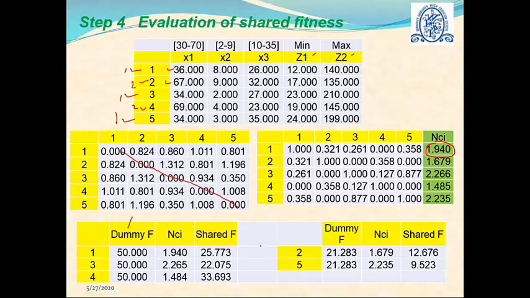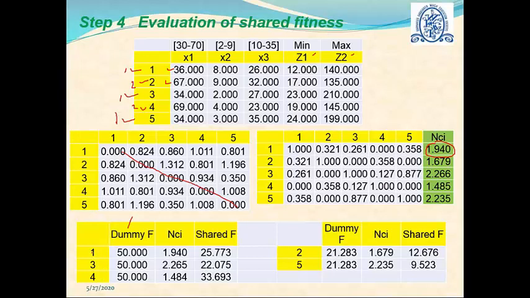Please note that we consider 1, 3, 4 as the rank 1 solutions. Rank 1 solutions means that all the solutions are equally good, and therefore we assign the same dummy fitness value to those solutions. Here I assign the dummy fitness value as 50, but even if you assign it as 100 or 500, that is not going to change your solution. The dummy fitness value must be the same for all the solutions of a particular rank. So since solutions 1, 3, 4 are rank 1 solutions, the dummy fitness value for all of them must be the same. But now the issue is that even though all the solutions are rank 1, the niche count for the solutions is different.